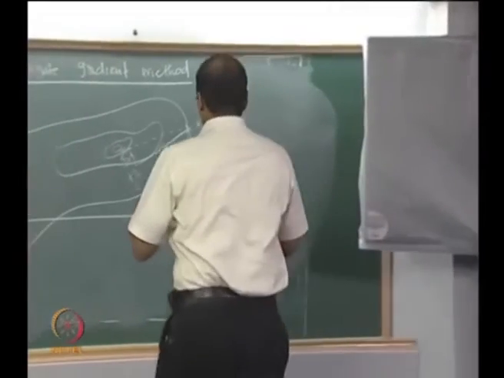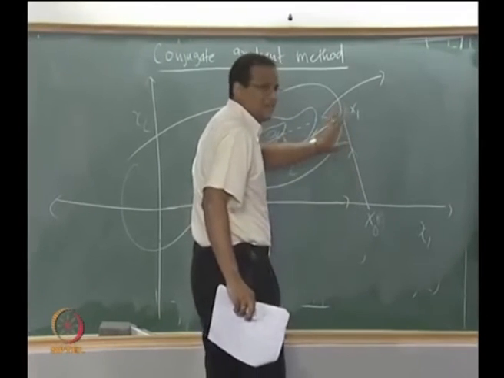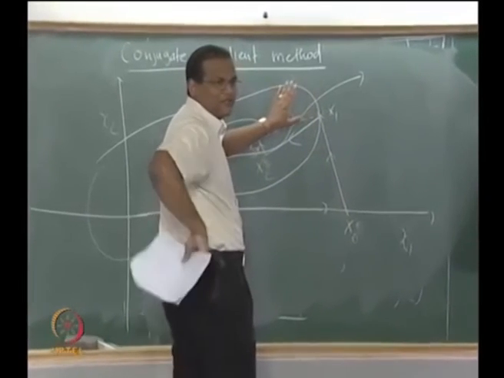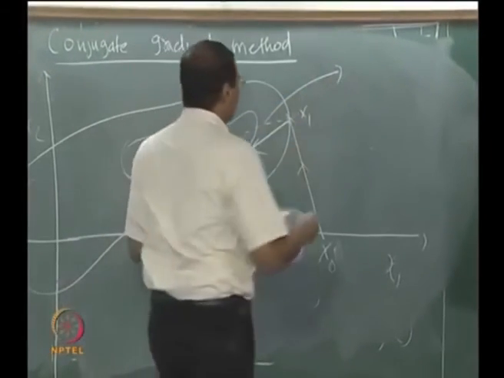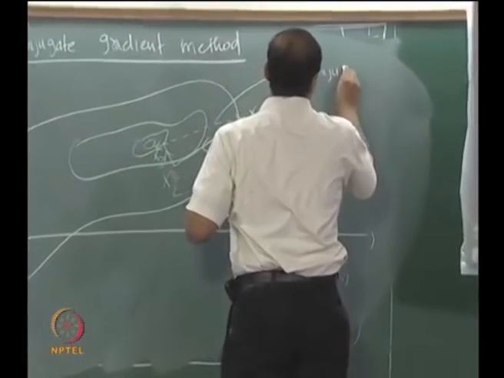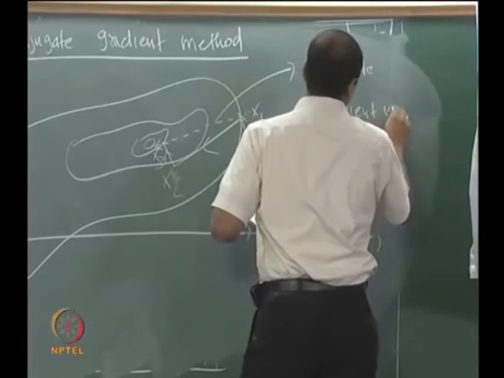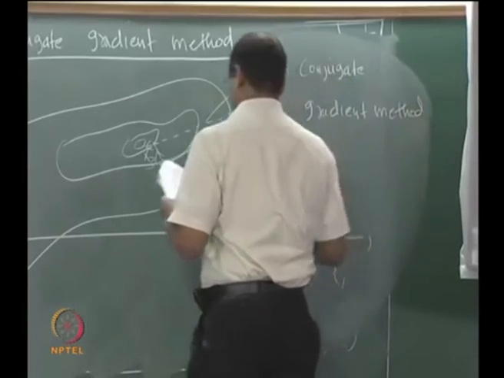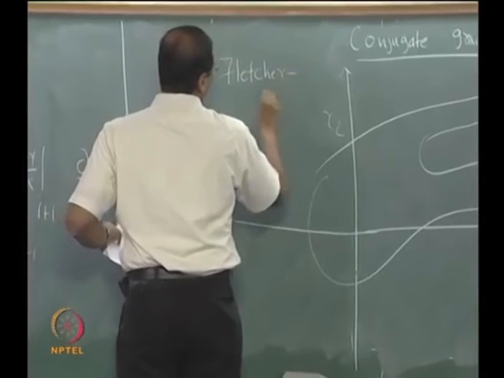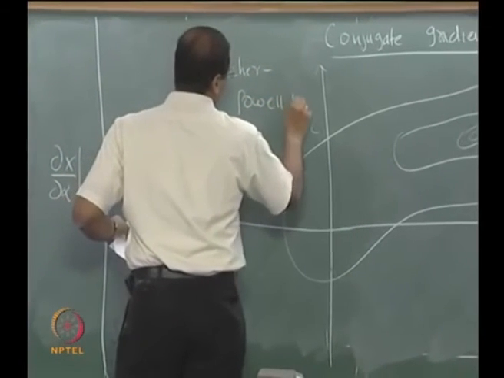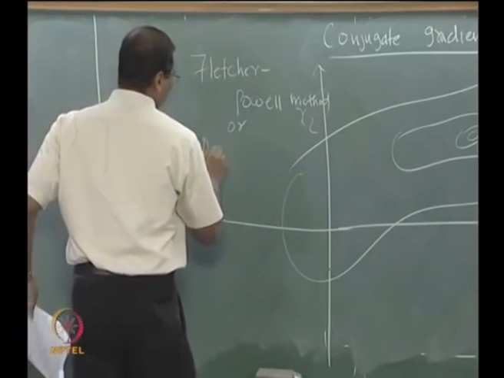So if you apply this funda, you start from x naught. The first 2 steps are the same. You start with x naught, go to x1 using steepest descent, and then from x1 you go directly to x3. Each time you skip some steps. So this is the conjugate gradient method. It's also called the Fletcher-Powell method. Deflected steepest descent method.